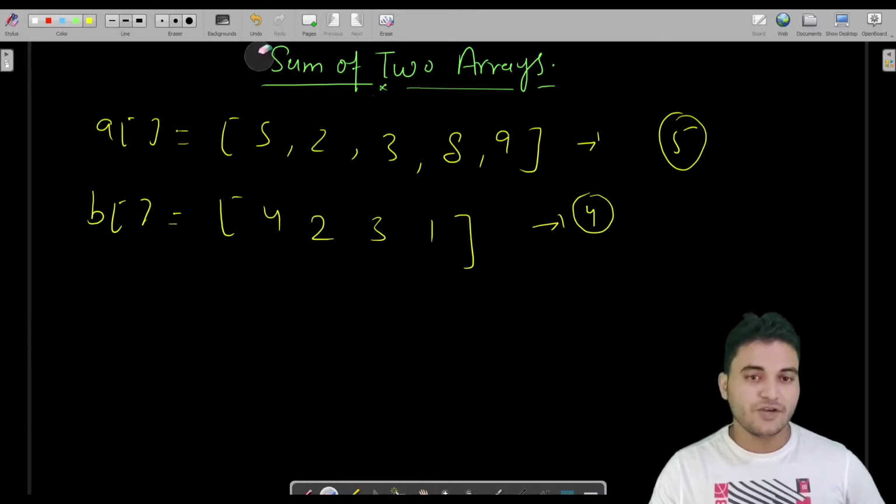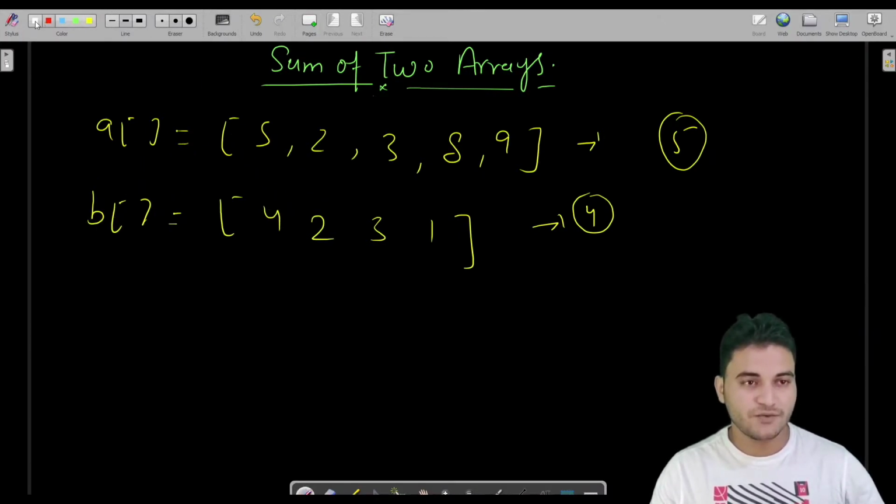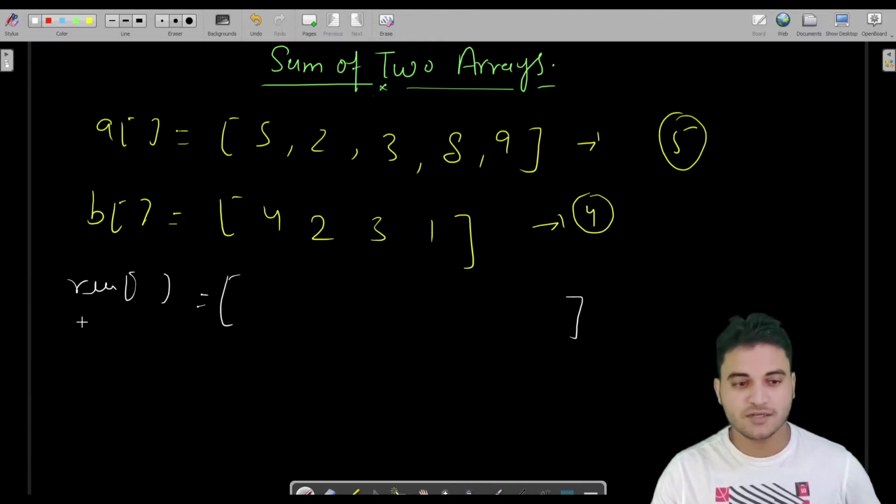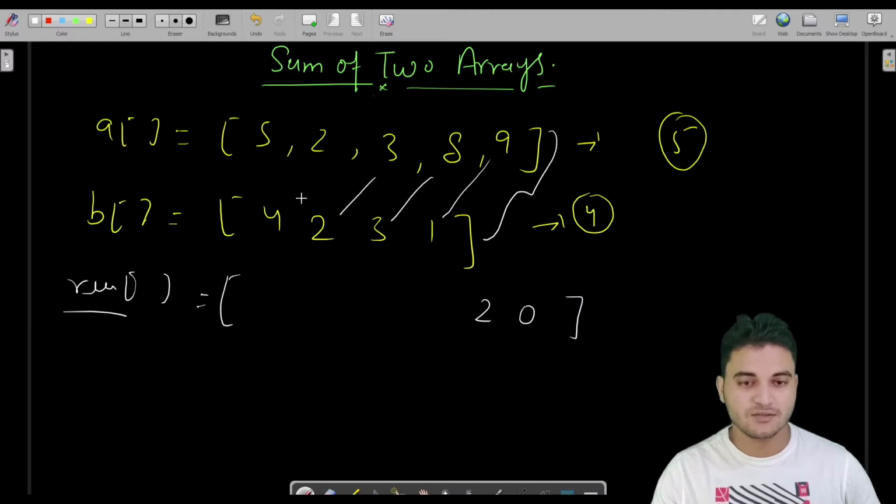And what you have to do, using these two arrays, is build a new array called result, and store the sum of these two arrays into it. Like 9 plus 1 is 10, carry is 1. 8 plus 3 is 11, plus 1 carry, so 12, 1 is again carry. 3 plus 2 is 5, plus 1 is 6, and here it is 0.